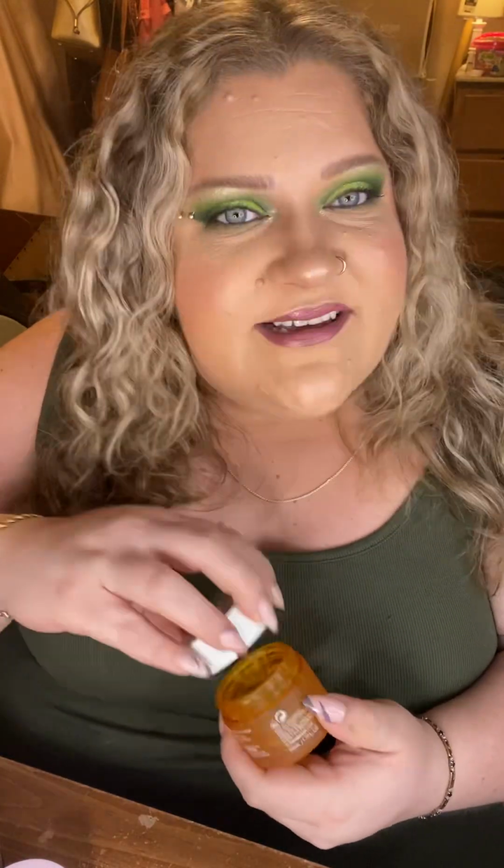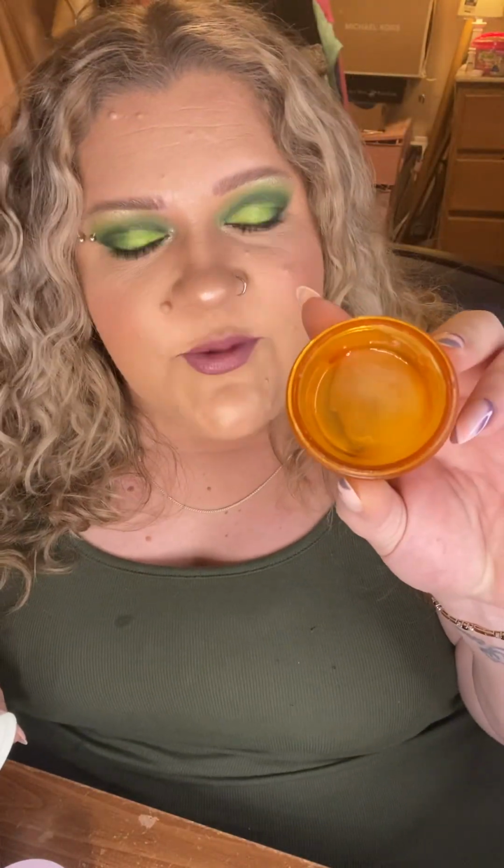I wouldn't say that it's super luxurious or rich feeling, but it does go on, and it does feel like it nourishes your skin. Also, this has a bit of a brightening, skin tone evening kind of thing to it, so I think that there are actives in here as well, which was nice. It has a very pretty citrusy scent to it. Nothing super strong, but it does have a pleasant, almost aromatherapy kind of smell to it,